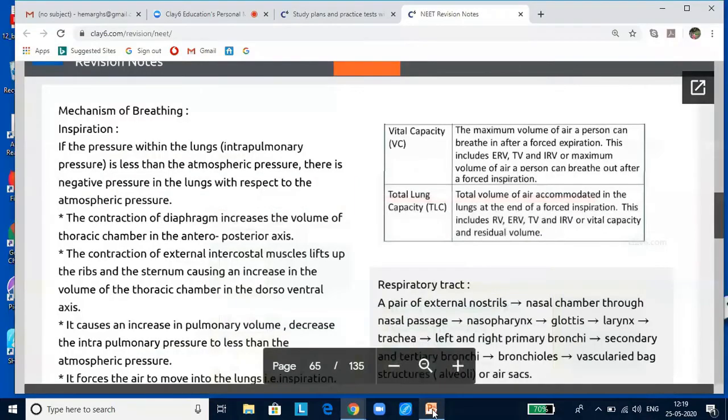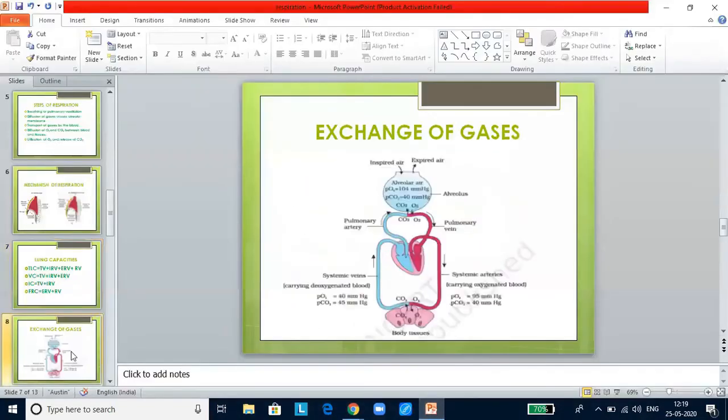Now let us look at exchange of gases. Breathing or pulmonary ventilation is the process of moving air into and out of the lungs. In pulmonary gas exchange, alveoli are the primary sites of exchange of gases. Exchange of gases also occurs between blood and tissues. Solubility of gas as well as thickness of the membranes involved in diffusion are important factors that can affect the rate of diffusion, and partial pressures of oxygen and carbon dioxide in the atmospheric air and the two sites of diffusion play a very crucial role.